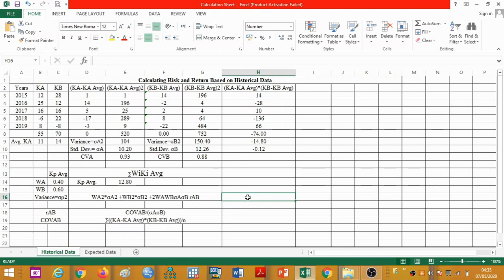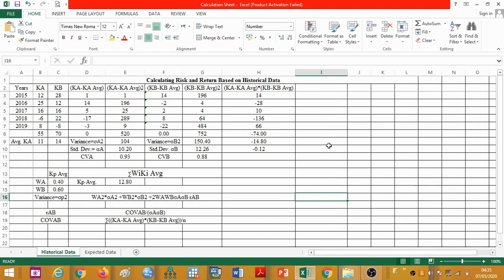So first we will calculate the variance, and then we will calculate the standard deviation. So for the variance, now we can use the formula, that is WA square. So I'll use the equal sign, and then starting with the first value, the square value of it. So I'll multiply it twice, so you will get this square value, this multiplied by this again, and then obviously multiply by the standard deviation.